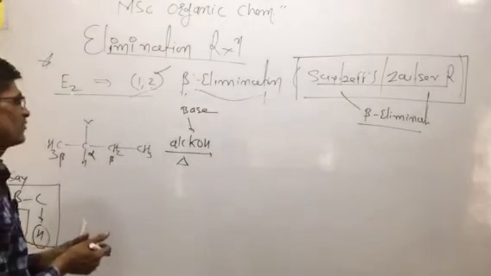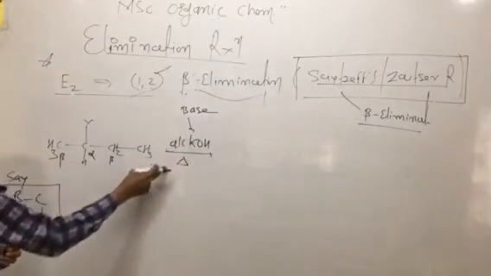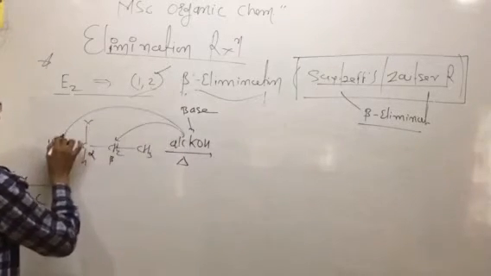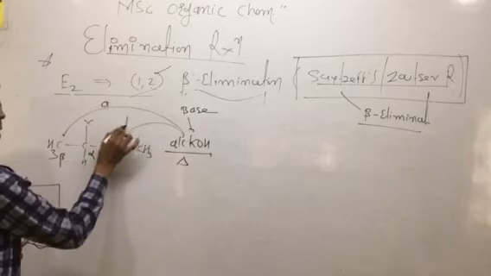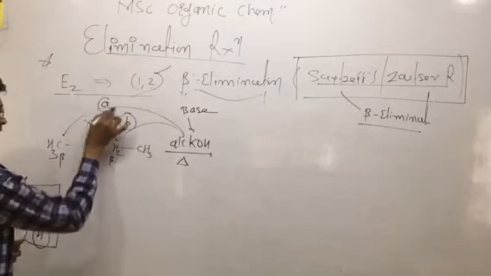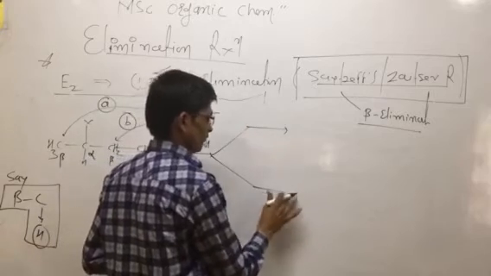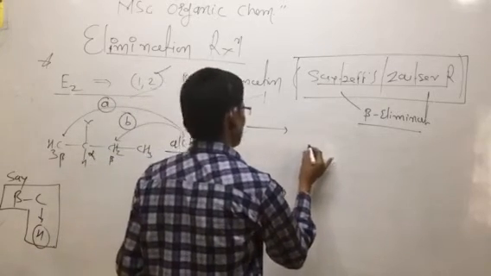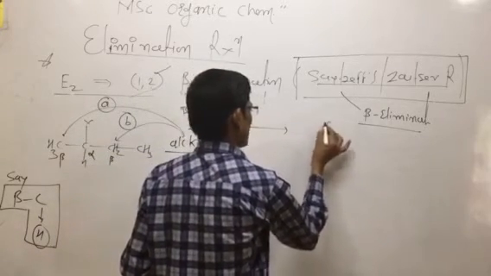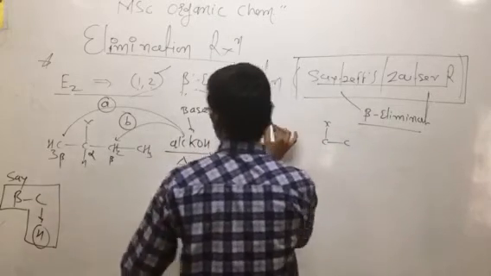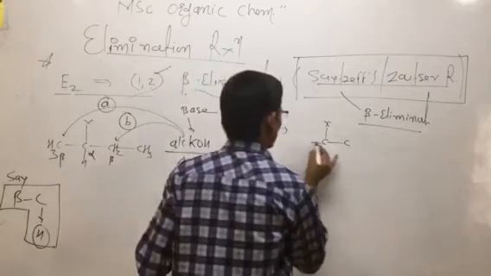Saytzeff elimination reaction. Whatever is basic in nature has the tendency to take a proton from these types of carbon. If we treat it by route A and route B, then by route A and route B, the halogen remains as it is. So we can go for the A route.